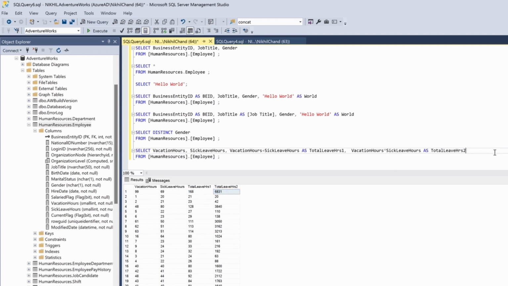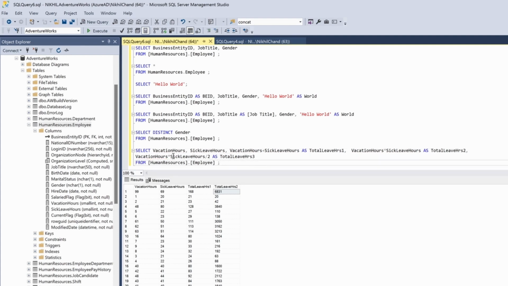Now let's see if it can do a division. Let me add another expression within the same expression. So let me copy this, paste it over here. It multiplies it, and then I'm going to put divide by 2 and put this as 3,